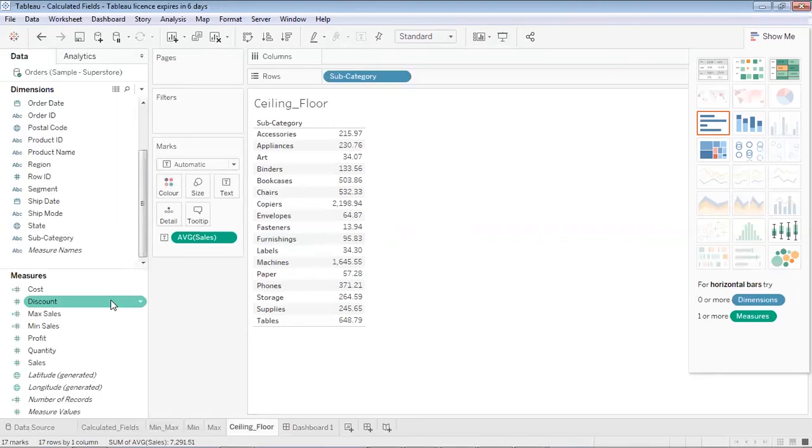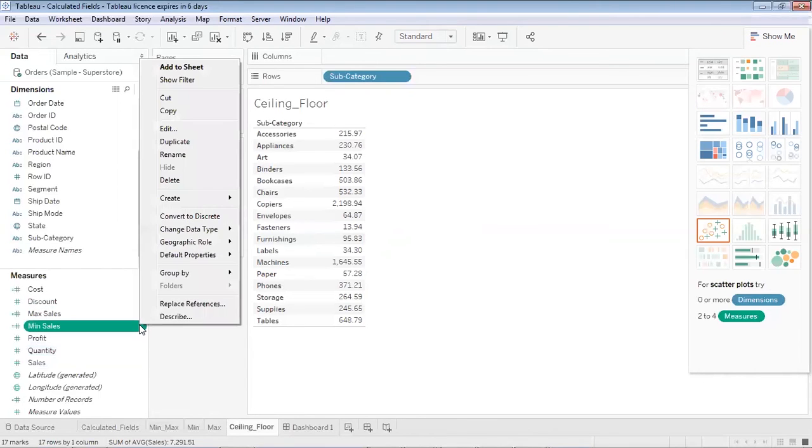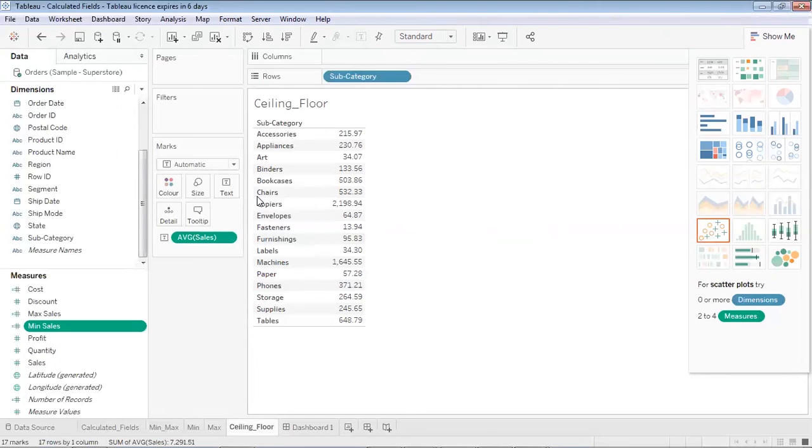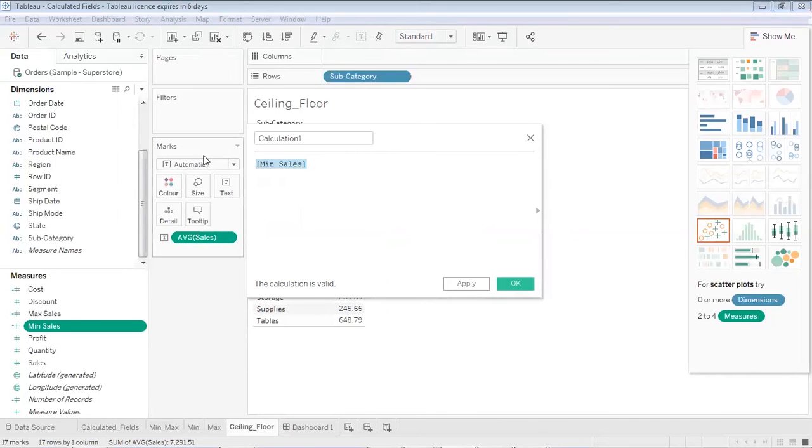Now what I would like to do is create a ceiling function. So I'll go to any of these measures over here, go to the drop down, create calculated field, and what I want to do is create a ceiling function. Whenever I write CE, automatically this function is populated for me, and I would like to create ceiling for sales over here. Okay, and I'm saying apply. This looks valid, so the calculation is valid, and I would like to name it ceiling function. Okay, ceiling of the average sales. I do apply, I do okay.